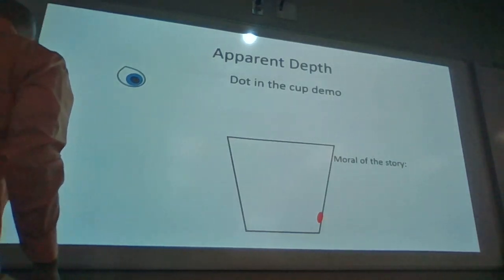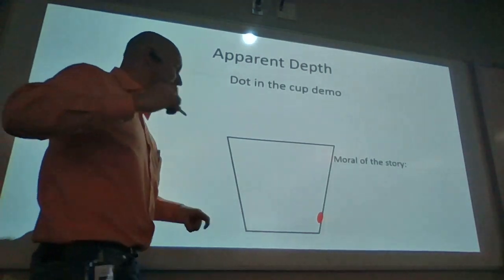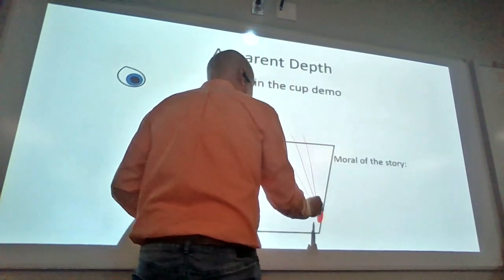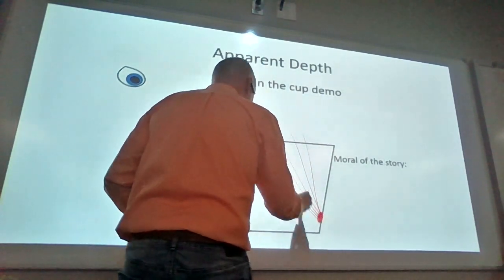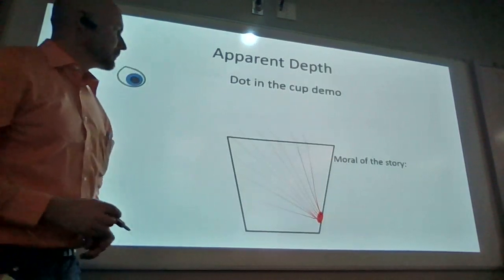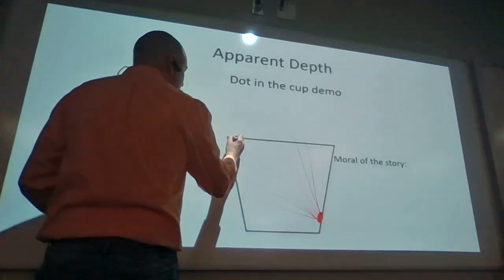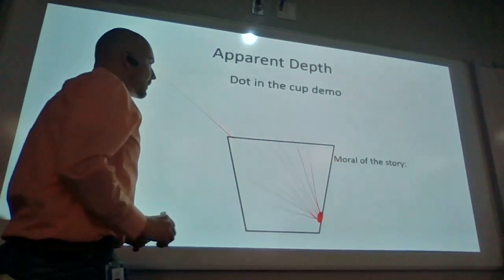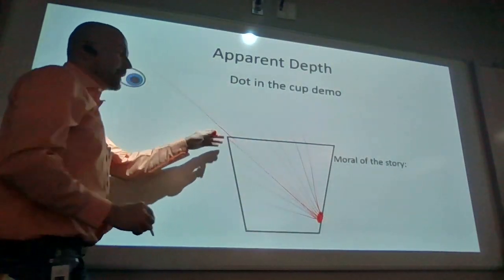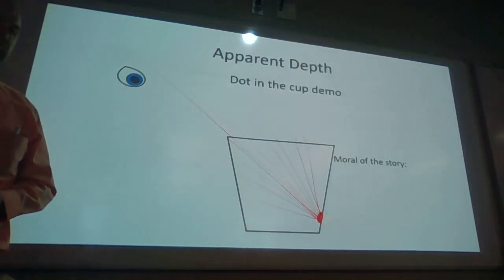So, before you poured water in, your dot was reflecting light off in all directions. Does that make sense? Okay. Light from that goes over your eyes. Can't see it. Light that would have hit your eyes is hitting the rim of the cup, so you don't see the dot. Okay.